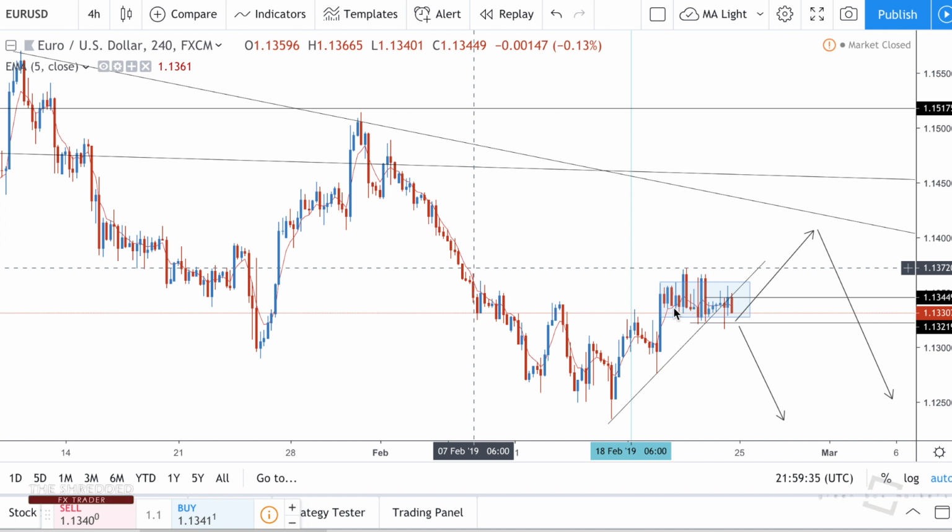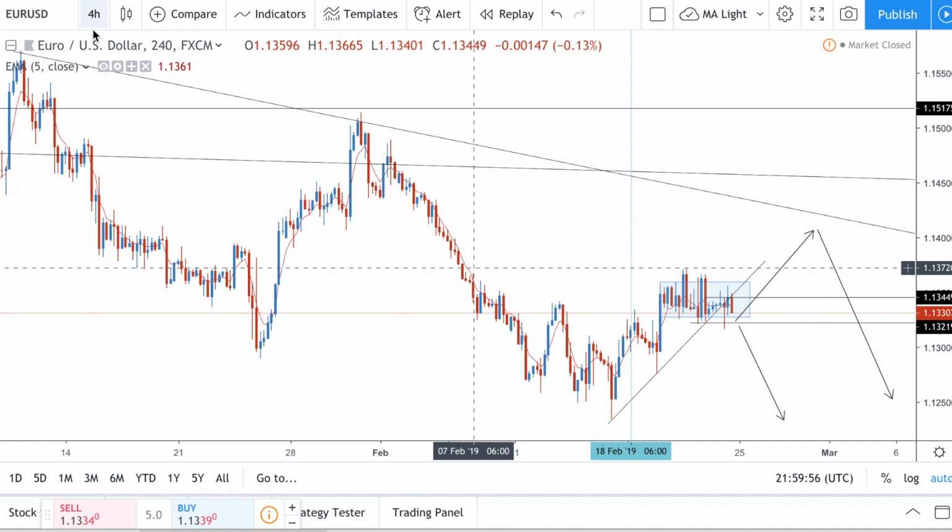Okay, Euro USD 4-hour time frame. You can see here price is consolidating. We did break out of this wedge pattern. We're now currently consolidating. We have broken a 4-hour trend line. Two scenarios: either we're going to collapse completely, or we're going to retest this channel resistance level before we go